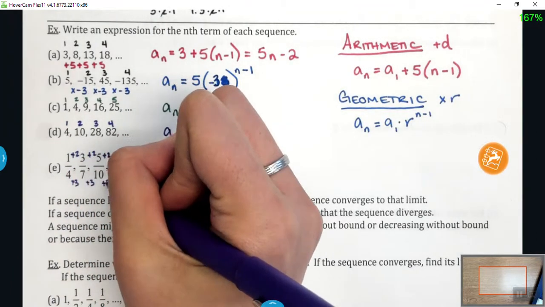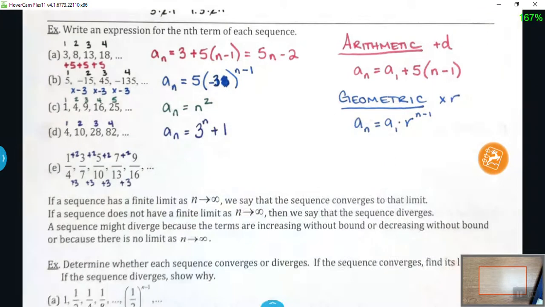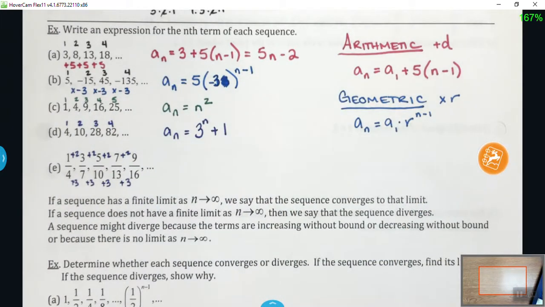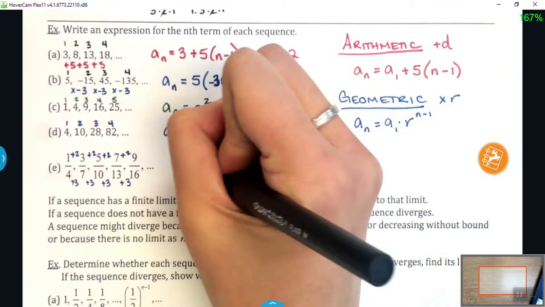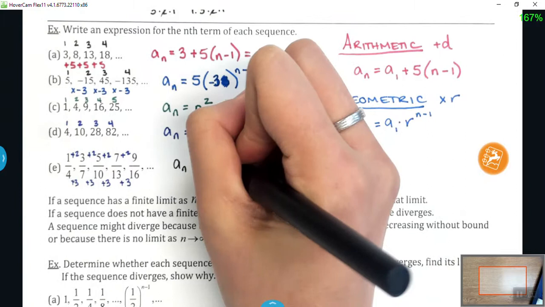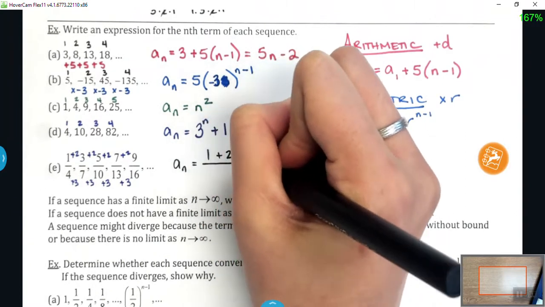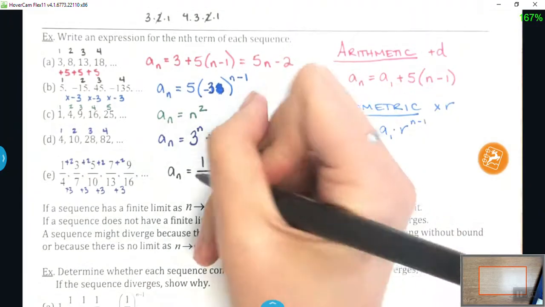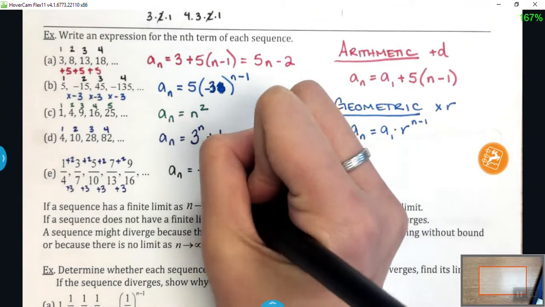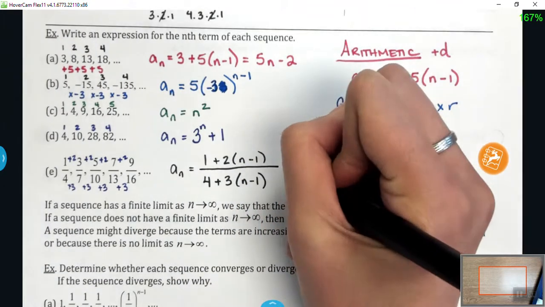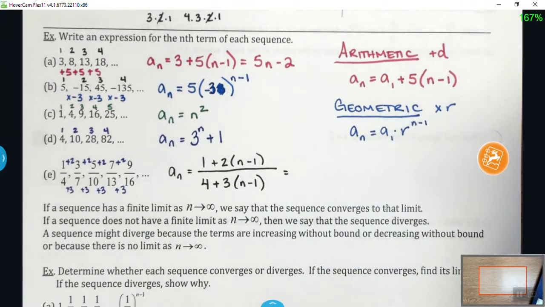So we can just do 2 arithmetic sequences, right? So the top one would be 1 plus 2 times n minus 1. And the bottom would be 4 plus 3 times n minus 1. And so we would get